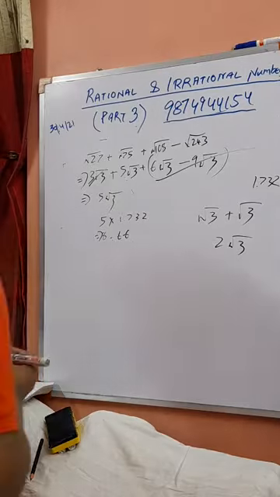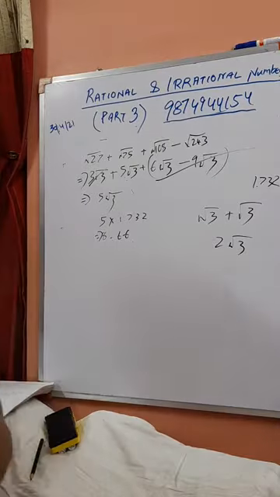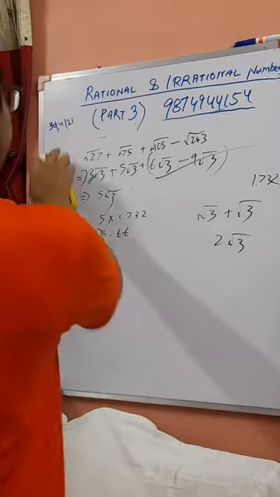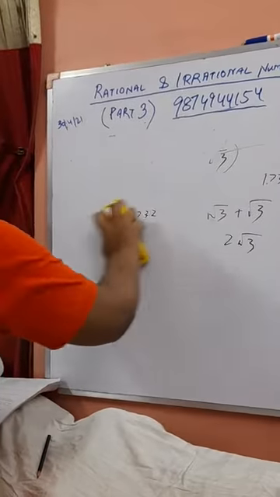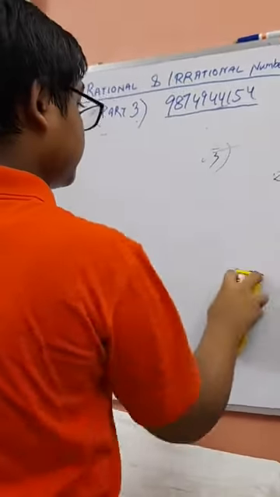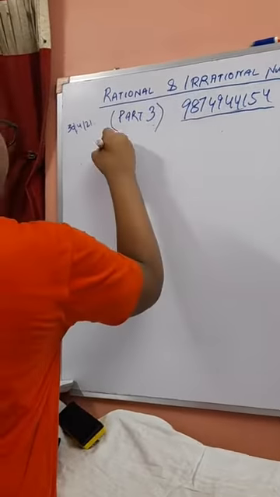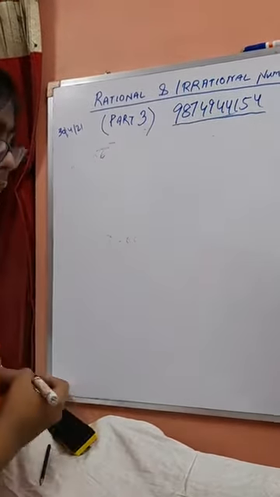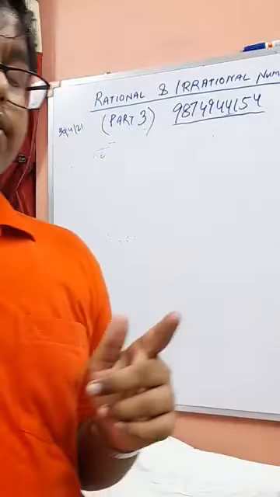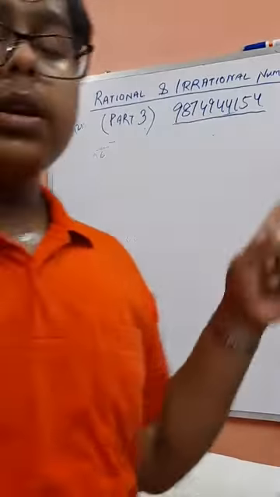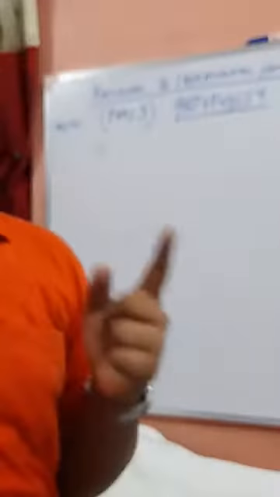Now we go to the next type of sum, which would be proving surds. We would be proving today that root 6 is an irrational number. For an irrational number, like in proving root 2 as an irrational number, we first need to take it as a rational number, then only we can prove it.